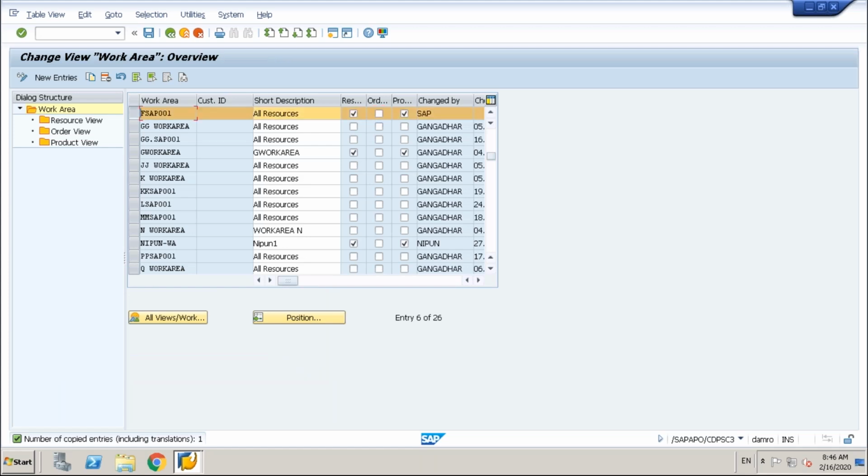Select this. Work area is nothing but your area of work. What should it be made up of? Products, machines, orders doesn't make sense because orders keep changing every day. The moment you say orders, it lasts for the order number. If you want to see a specific order, yes, you may need that, but it doesn't make sense at all. SAP has given that option, but your work area should have all the machines